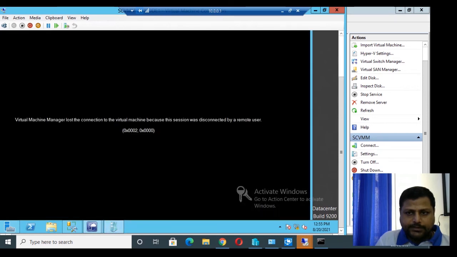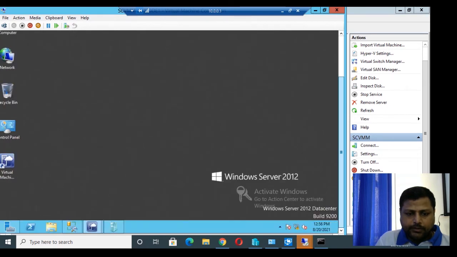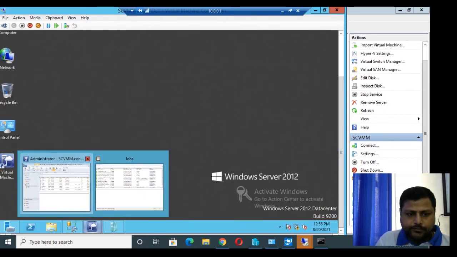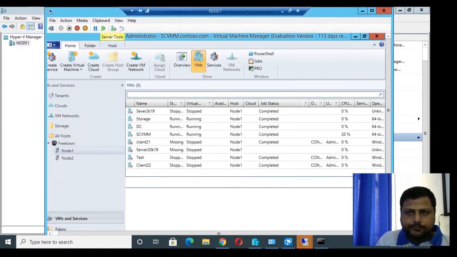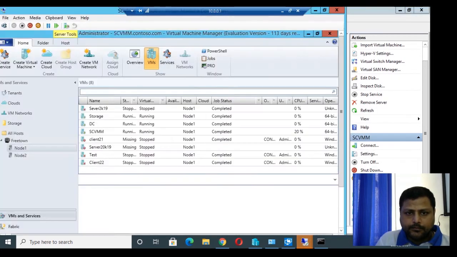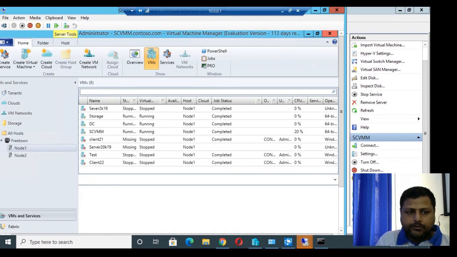So now we will connect to the cloud. So now we are going to migrate the system, that is client 22 will be migrated from node 1 to node 2. We are going to move this system from one node to another node.